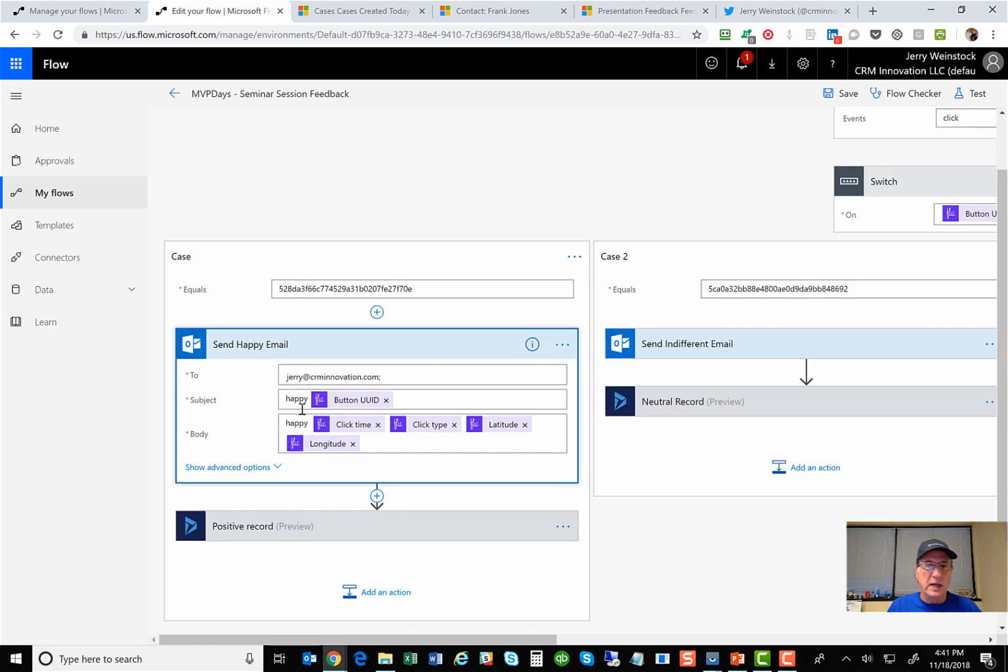It says, Jerry, it's going to go to my email address. The subject is happy with the GUID of the button, and it's going to say what click type it was and the latitude and longitude of the click. Now this is not actually where the button is located. This is the longitude and latitude of the app, and either it's where my phone is at that moment in time or where the